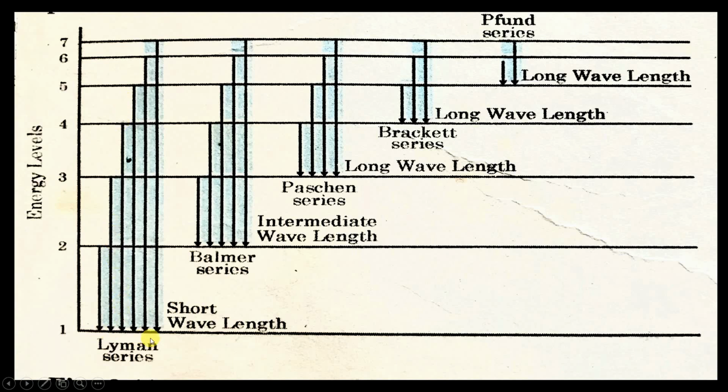If an electron is falling from any other orbit to the first orbit, it is known as the Lyman series. And suppose it is falling from the 7th orbit to the second orbit, or the 6th orbit to the second orbit. Whichever transition to the second orbit is made, it is known as the Balmer series. Whichever orbit it is falling from to the third orbit, it is known as the Paschen series. To the fourth orbit, it is known as the Brackett series. And to the fifth orbit, it is known as the Pfund series. This is not restricted to 7 only. It can go up to infinity.